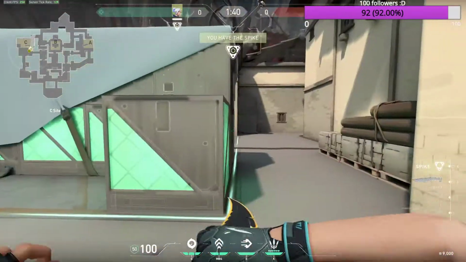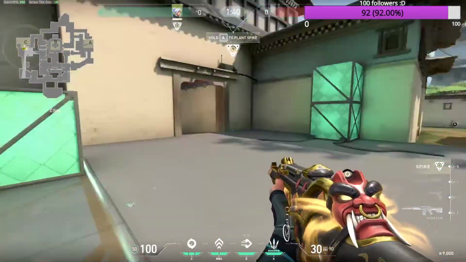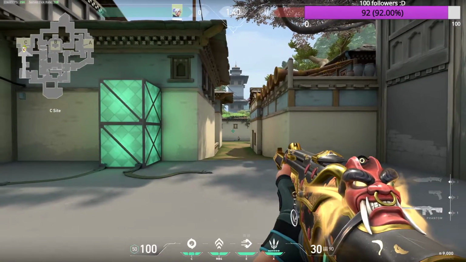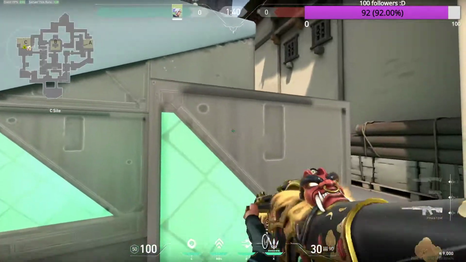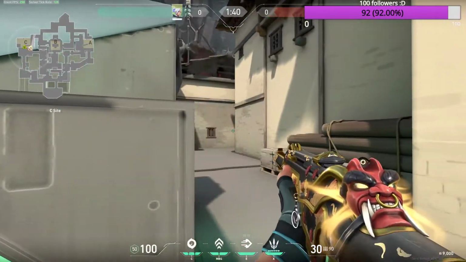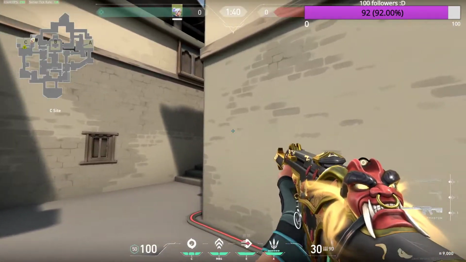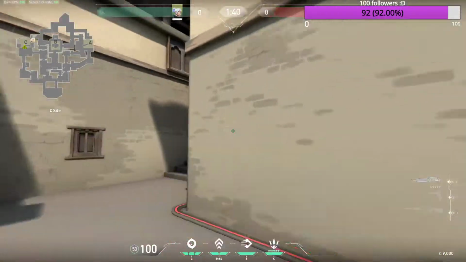Once you get this done, I usually like to play kind of aggressive on site here. What I like to do is tell my team to make sure someone's watching flank and someone's watching garage. If all this is covered and you're in an advantageous spot, like you're up numbers, you can play aggressive. Don't play too aggressive. If you're on an eco and you have ult, you can just push spawn like this and get some kills. But usually it's just better